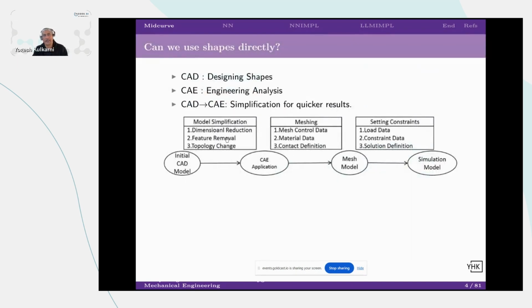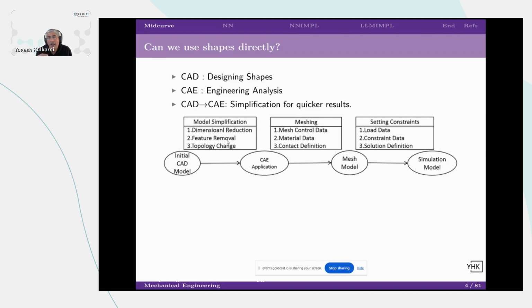All right. As I said, CAD is for designing shapes. CAE is for the analysis, engineering analysis, meaning stress analysis, strength analysis. Then, when you take these shapes which are modeled and designed in CAD to CAE, a few things are done in between, because there are a lot of small shapes or holes or fillets in the shapes which are not necessary in engineering analysis. Those are removed. This is called